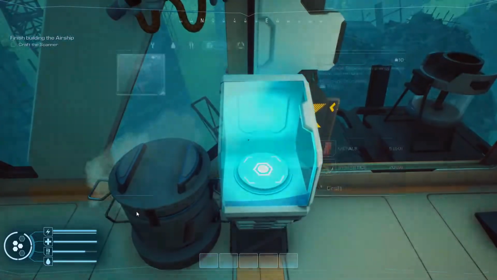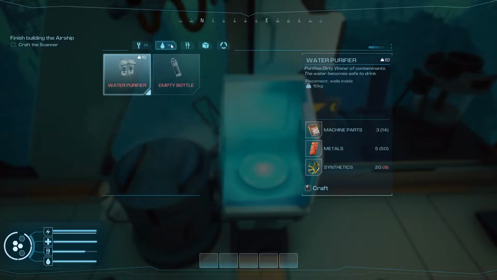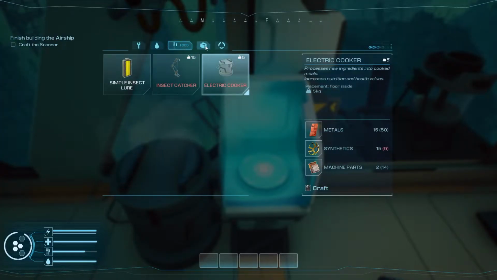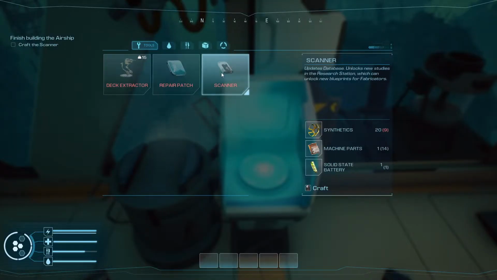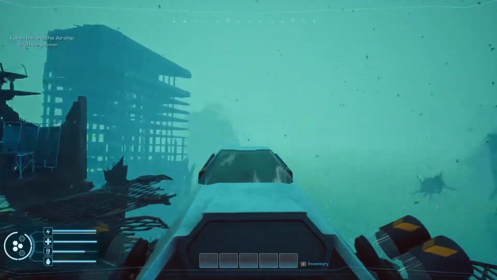So now it's time to make the scanner. We've done everything else. There's nothing else to do here. There's nothing else to do under the water tab. There's nothing else to do under the food tab. We've made the bed and we don't need any machine parts. So let's go ahead and make the scanner. We need for this the battery, the machine parts which we have, and we need 20 synthetics. So back out onto the deck extractor,